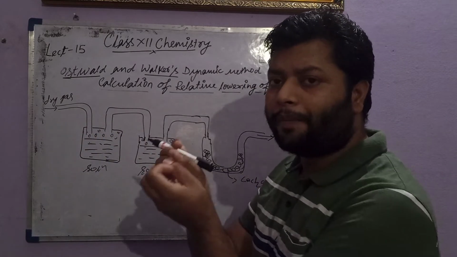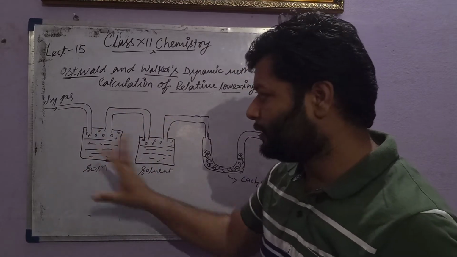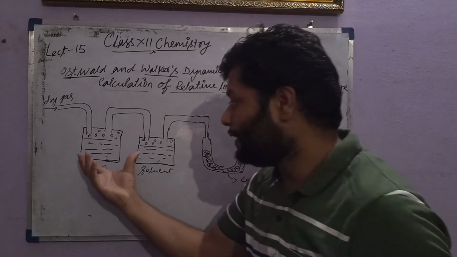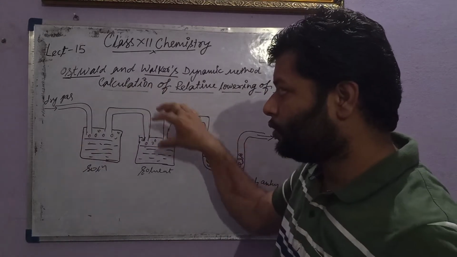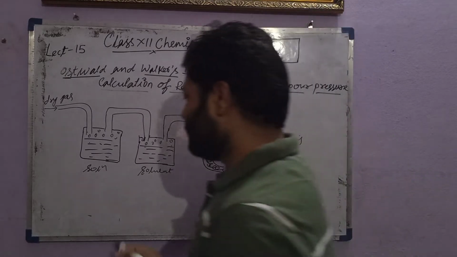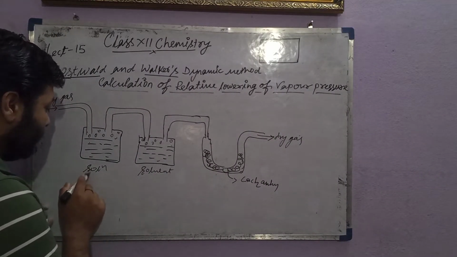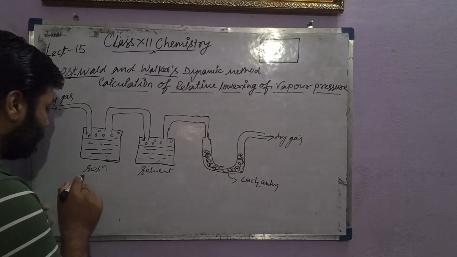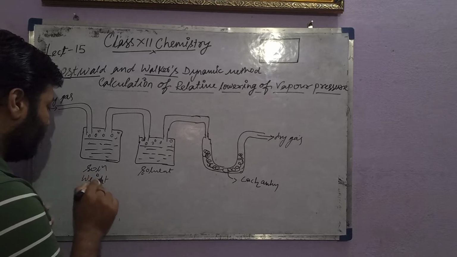Suppose some of the vapors mix with the dry gas and are delivered out from this solution vessel. There is some weight loss in the solution because some of the vapors are going out with the dry gas. So let's try. The weight loss in the solution is like...